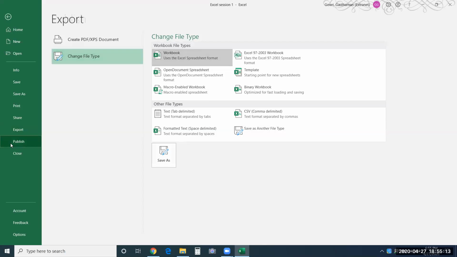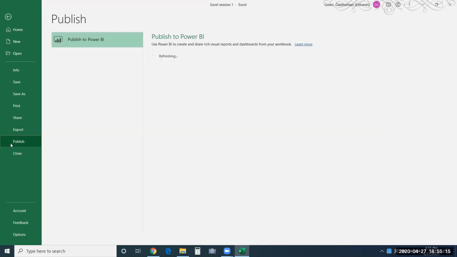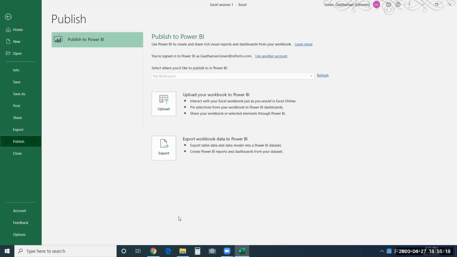And you also have options to publish. This lets you publish, but you need to have some software which is used for publishing sake. So in my system, you can see Power BI is installed, so I will be able to export this, upload this onto Power BI. So it is one of the publishing spaces that you get.